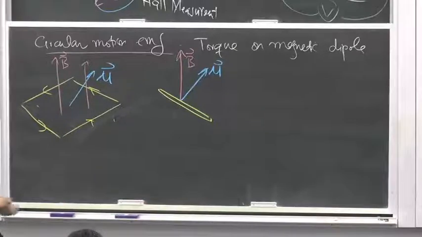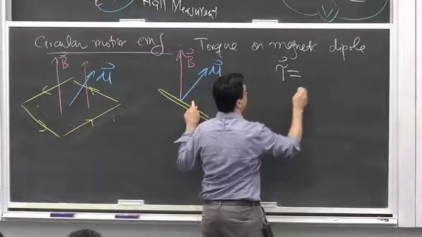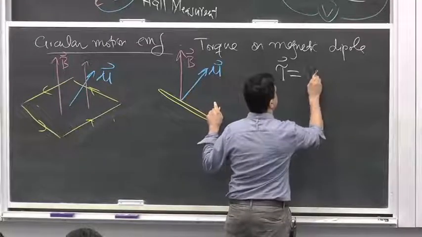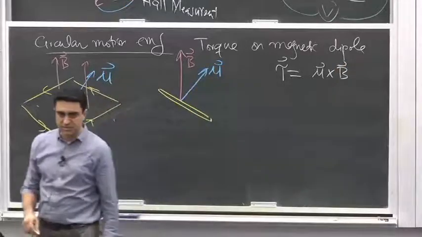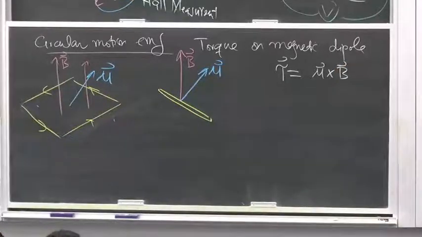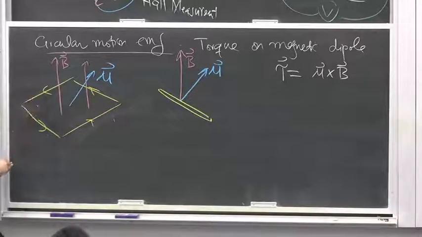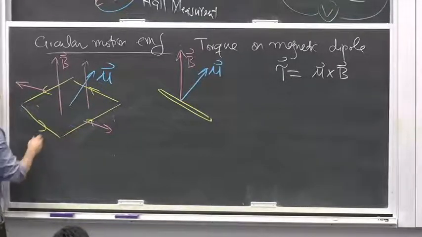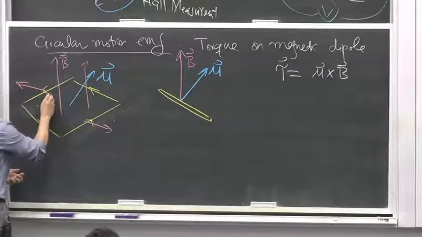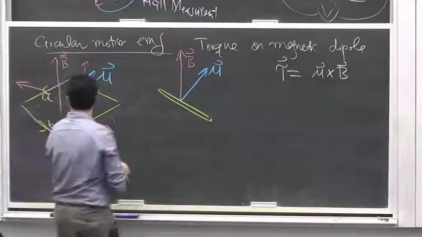And if that's the case, you have a torque which acts on the dipole moment, and that torque is given by mu cross B. That's something which we derived last time. So how do we know this? Because we know that two forces would act. One force which would act on this side and another force which would act on that side. If this side has a certain length A and this side has a certain length B, the forces which act here